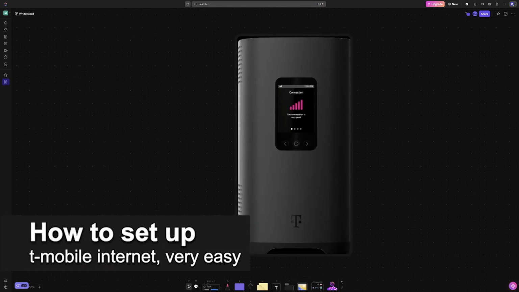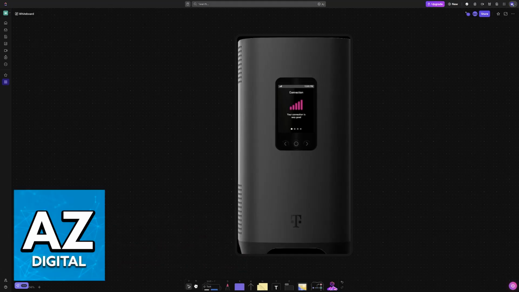In this video, I'm going to teach you how to set up the mobile internet. It's a very easy process, so make sure to follow along. In this video, I'm going to give you easy to follow instructions on the initial setup for your T-Mobile Internet Gateway. You will be able to set it up, establish a connection, and connect into this network on any smart